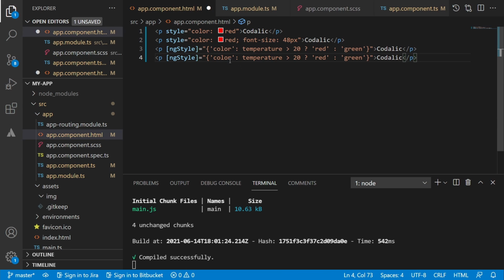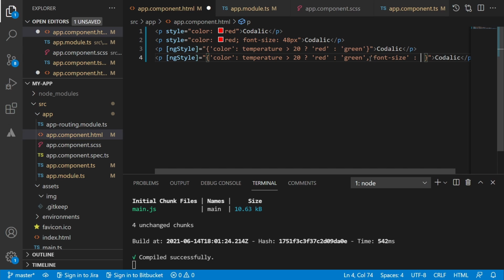And then along with the color CSS property we can have one more property, and this must be separated with a comma as per the object syntax. We are doing nothing complex here. It is just following a syntax of an object. So this entire thing forms a key value pair. Then we can have multiple such key value pairs. Let's say we want to have font size, which is also a key, and then it will be followed by a value or an expression.